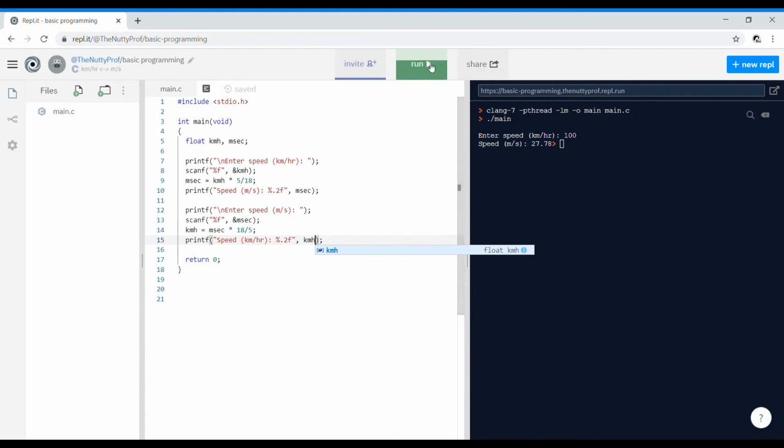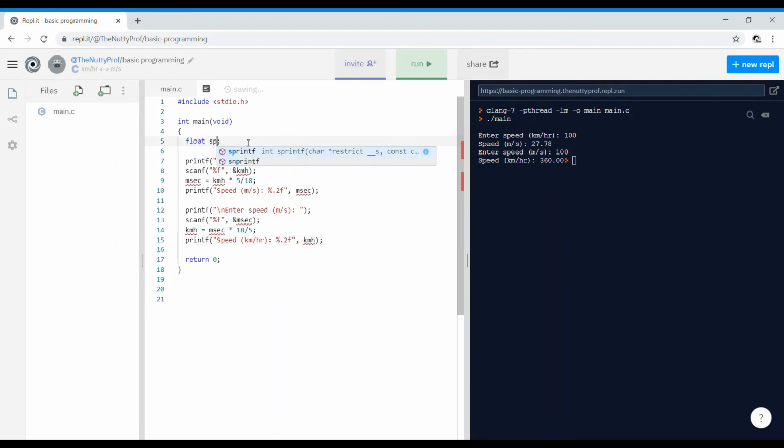So let's run the program. Let's say in 100 kilometers per hour, the value is going to be 27.78. So if it was 100 meters per second, it was going to be, yes, 360.00 kilometers per hour. Now, let's go ahead by shortening this speed. It's just going to be one variable that we enter. So the user is also going to enter the speed, and